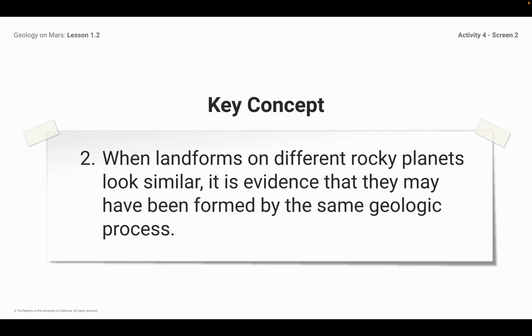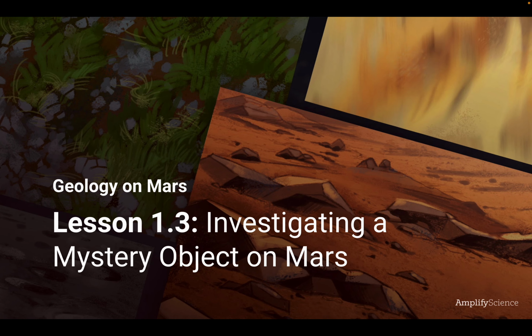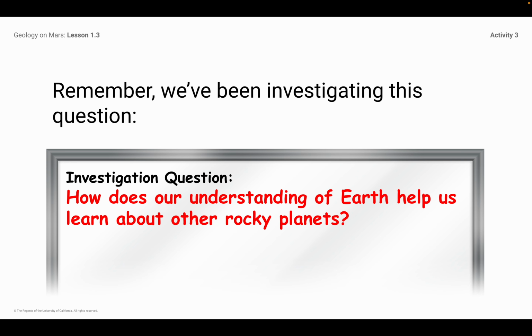Very important key concept. So now think about the processes that form the landforms that we just observed. And now look back at the channel on Mars. We just had a really quick discussion about whether we thought this channel on Mars looks similar to any of the landforms that we observed on Earth. And the kids always said, yeah, it does. It very much does look like those landforms. And I took a quick poll and I just asked the kids, what do you guys think? Do you think that it looks more like,